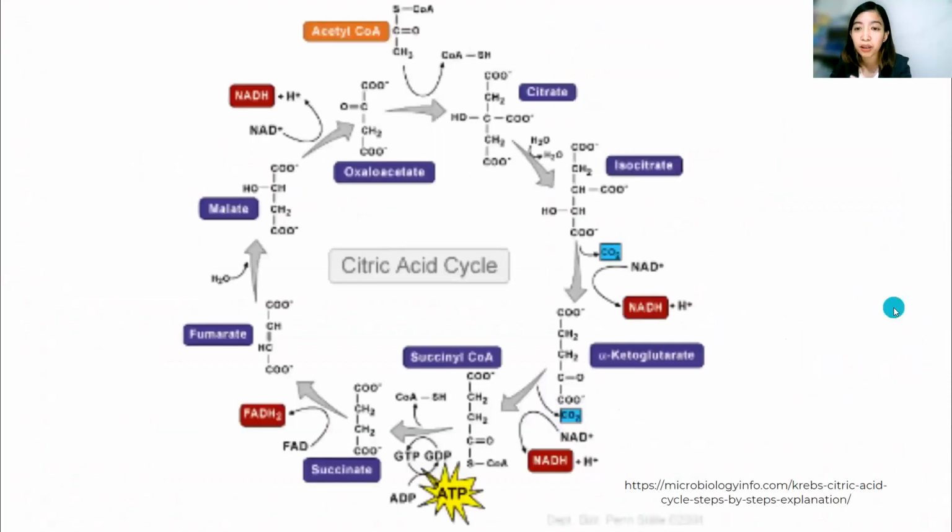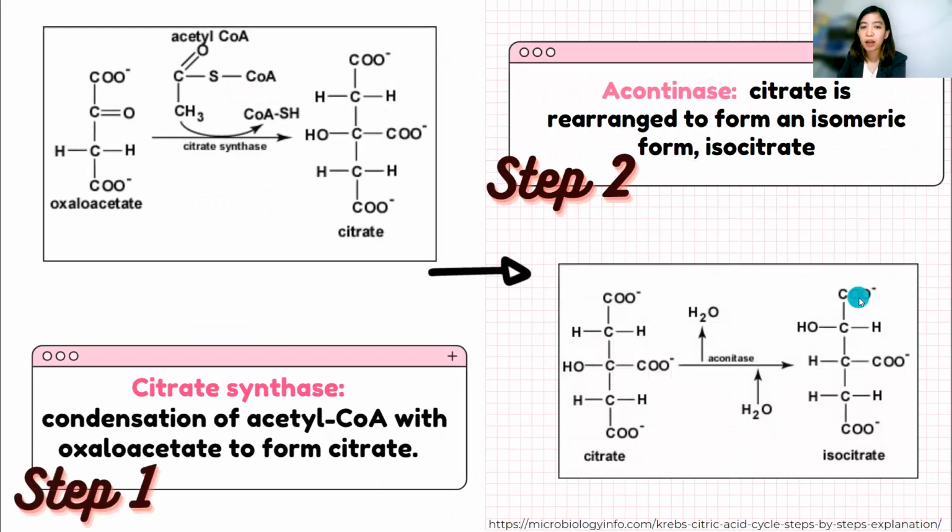So this process, meron nangyayari na pag-oxidize ng iba't ibang glucose derivatives, fatty acid, amino acid, carbon dioxide, through a series of iba't ibang enzyme. And ngayon, iisa-isahin natin yung 8 steps ng cycle na to, which is a series of redox, dehydration, hydration, and decarboxylation reaction na nagpo-produce ng 2 carbon dioxide molecules, 1 GTP or ATP, and reduced forms of NADH and FADH2. So, ayun, let's start. So, step 1 natin, wherein we have this enzyme known as citrate synthase, kung saan nagkakaroon